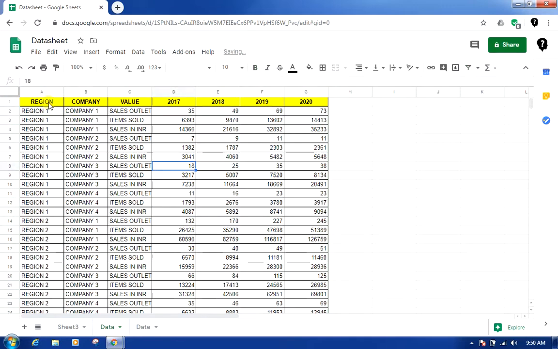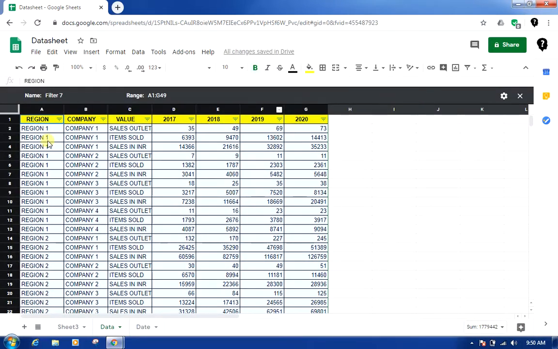Now I just select anywhere on the data, click on the drop down and click on create a new filter view. What this has essentially created is a filter on my data and a view of that data. I'll explain how this will work. For now, I'll name it test filter 1, or say my filter 1.